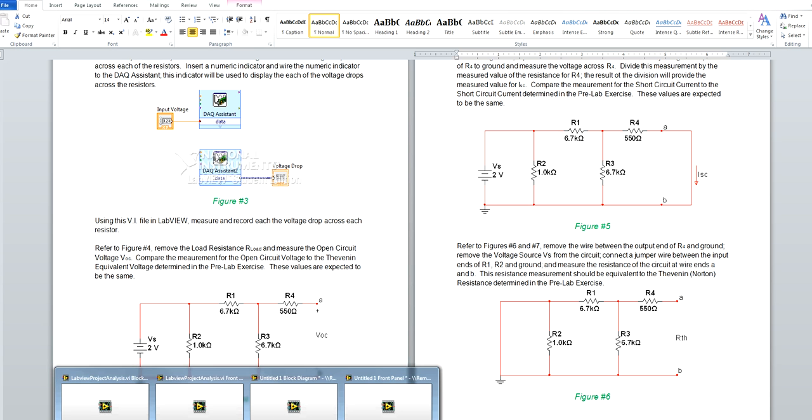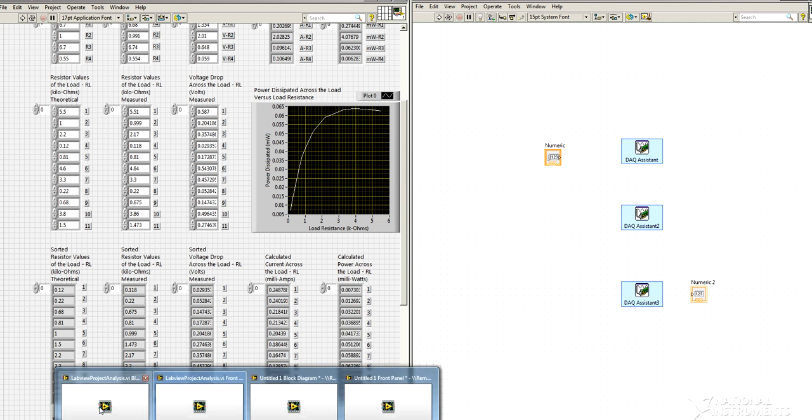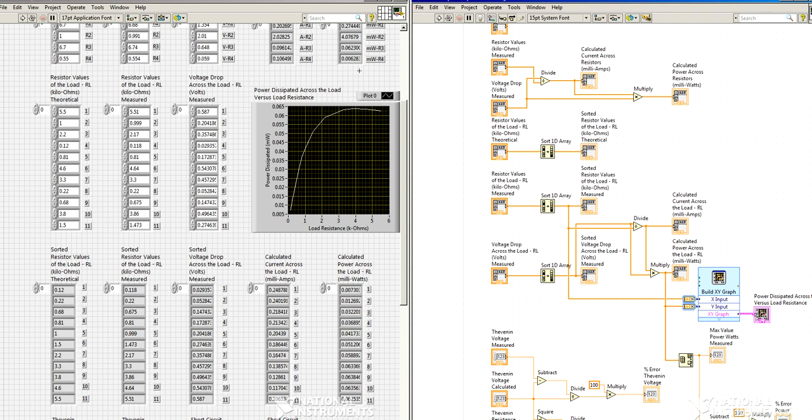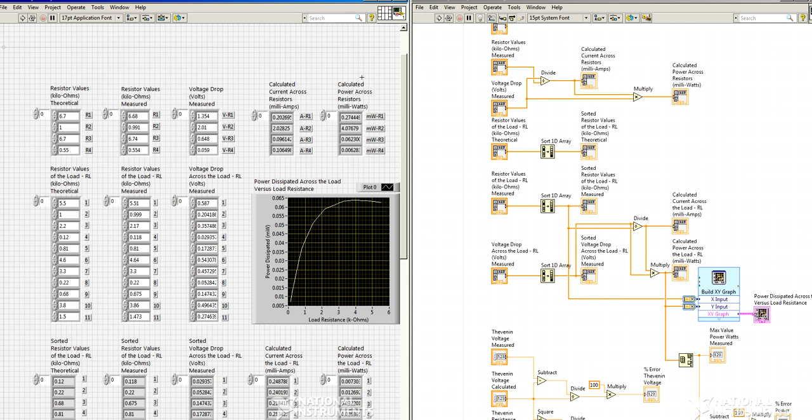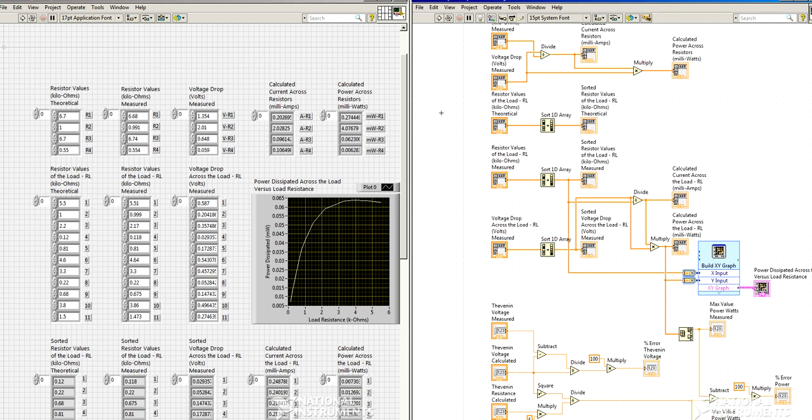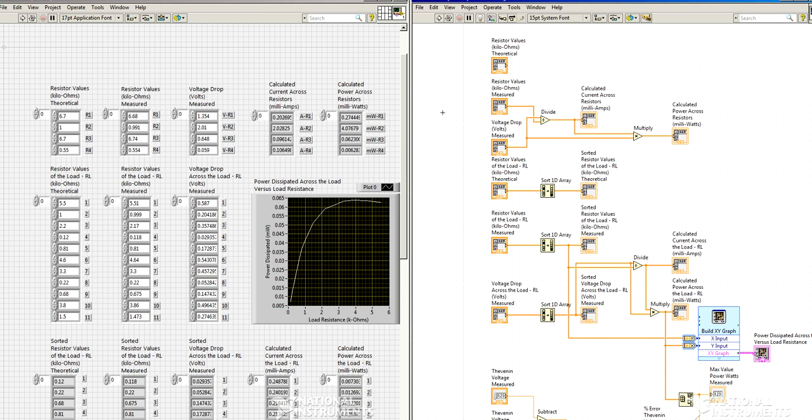As an example of how you want to construct your VI to manipulate the data, I'll briefly go over the LabVIEW program that I constructed. Once again, referencing the front panel, I've recorded the theoretical resistances for all the resistors, the measured resistances, and the measured voltage drops that I took in the first portion of the lab,